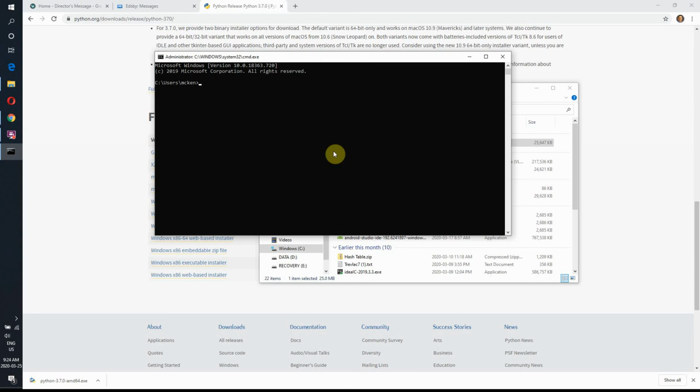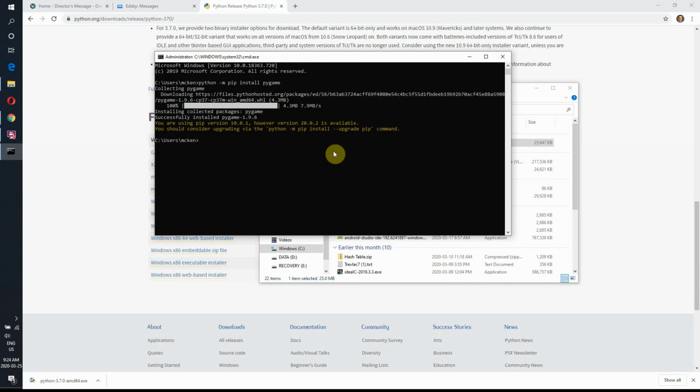Then you type in python -m pip install pygame. Enter. It should say collecting pygame, downloading all the stuff, and it might tell you that you want to upgrade